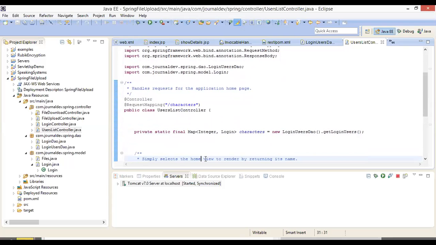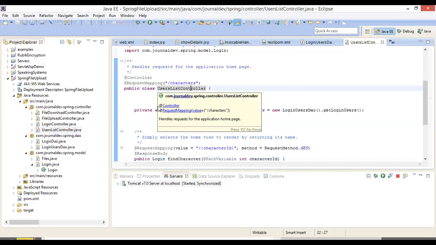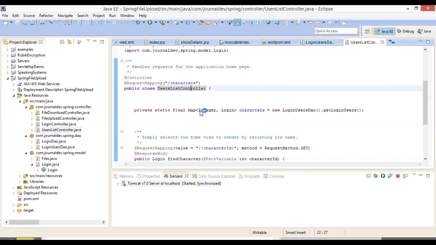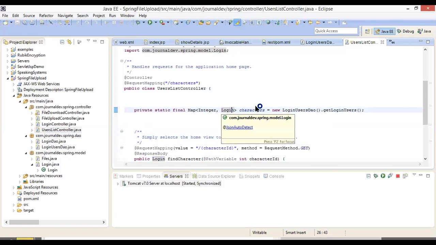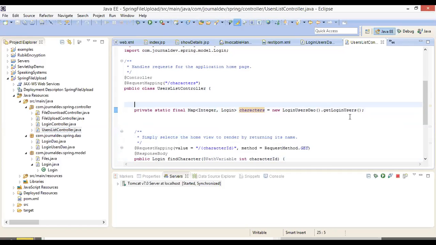Now, after that, what happens? Public class UsersListController. That is same thing, just as your name of the file, class file name, because it is Java. Then private static final Map Integer, Login. Again, I am giving Login here as characters is equal to new LoginUsersDAO.getLoginUsers.